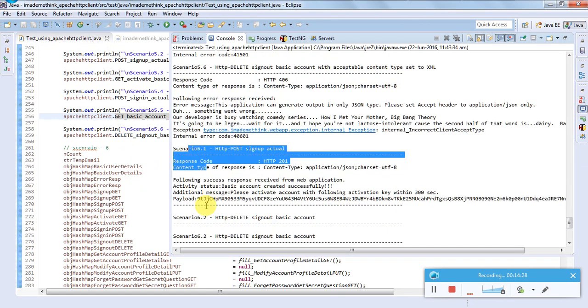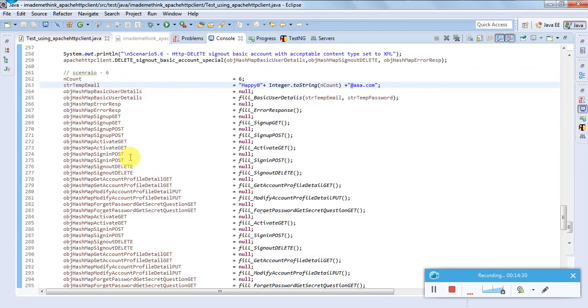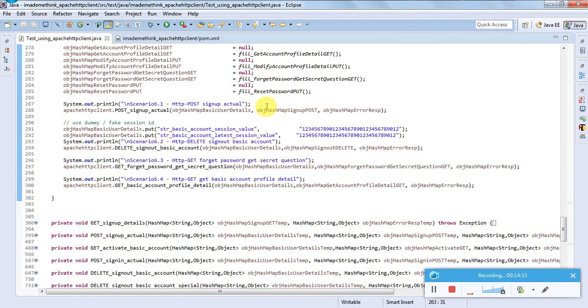Okay, let us see the sixth scenario. Sixth scenario is I am doing actual sign up. I am actually creating an account and I am doing a sign out with a dummy session ID. So to sign in or to sign out I need a session ID. That is what I am doing here. But the problem is